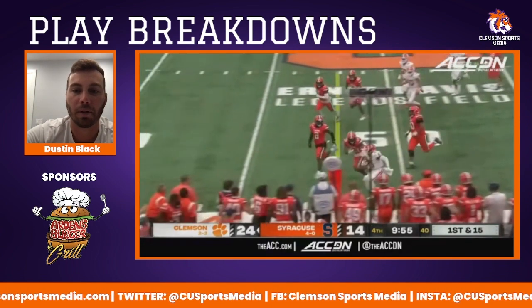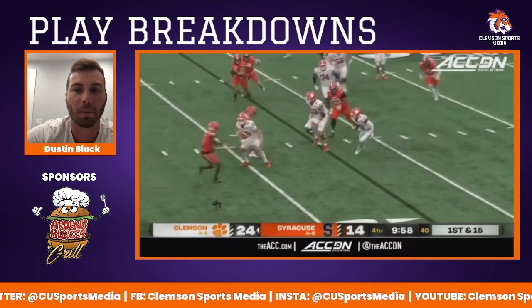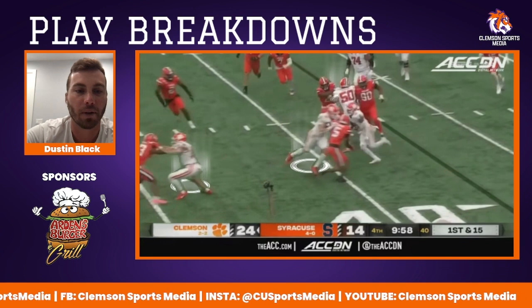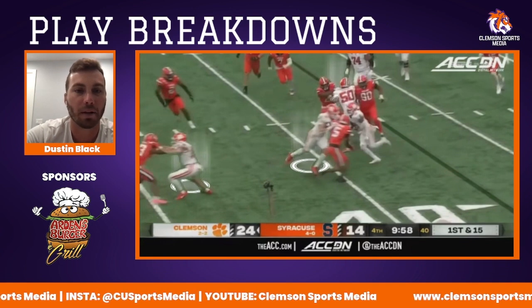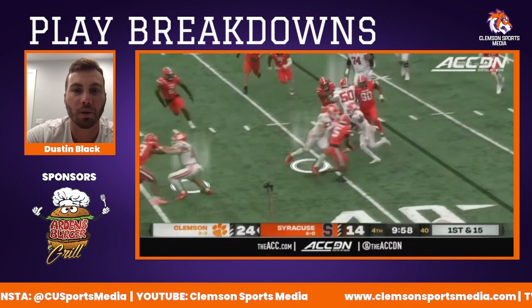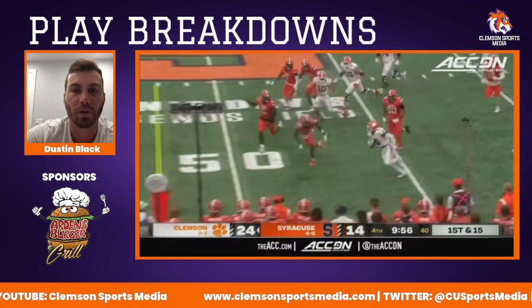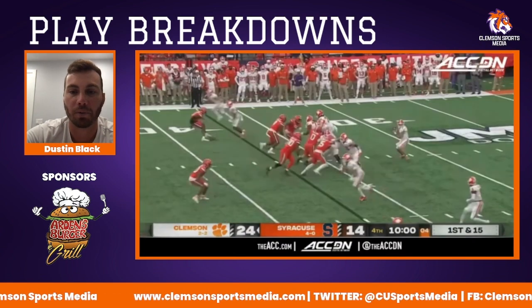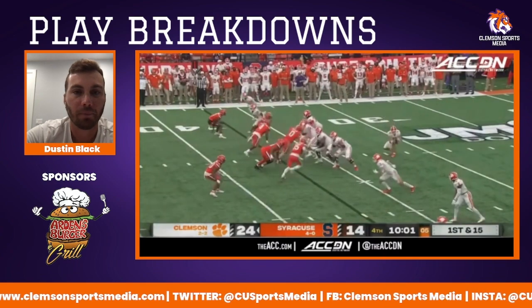I mean, you need it. On plays like this, that's the difference between a play getting blown up in the backfield and a play going for a first down. It's really this downfield blocking, and how committed your tight ends and your wide receivers and your left tackle are to getting downfield and really getting that extra yardage. So I thought it was huge. I thought this was a really big play, and I know it's just first down, but plays like this are